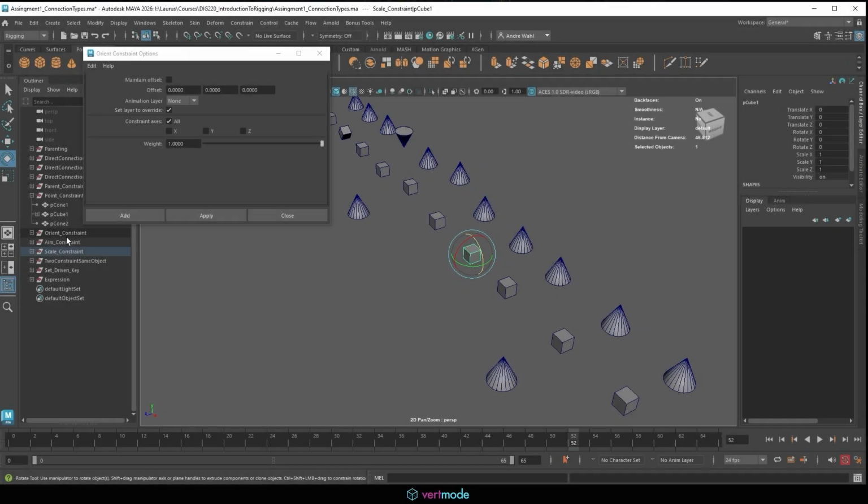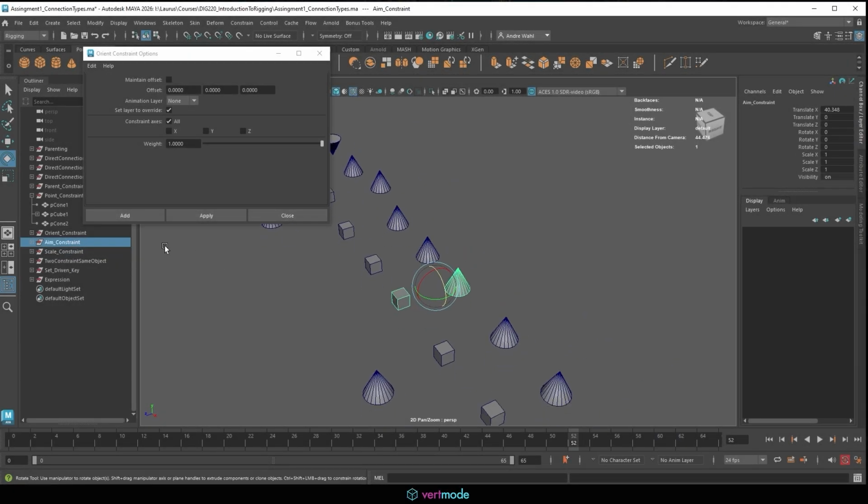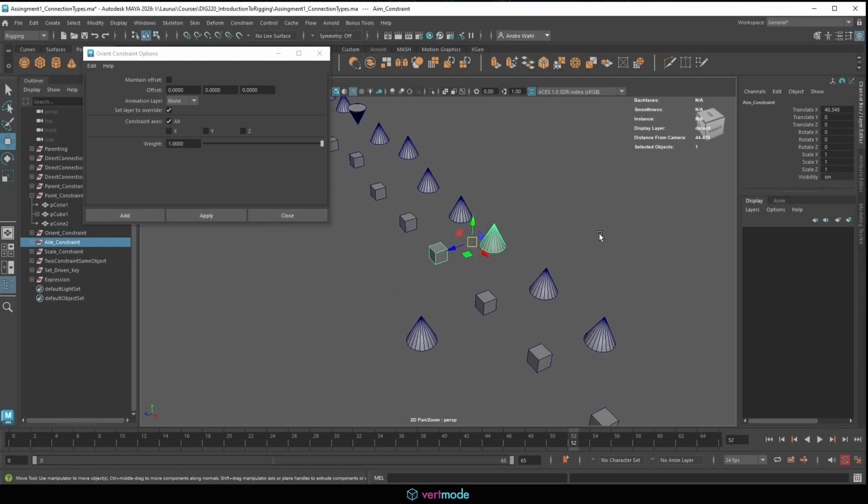The next one's going to be the aim constraint. The aim constraint is kind of cool because it aims things at things. So for example, let's say I wanted to aim this cone at this cube. We could select the cube, or is it backwards for this one? We'll find out. It might be backwards, but I'll go ahead and select the cube, select the cone, and just